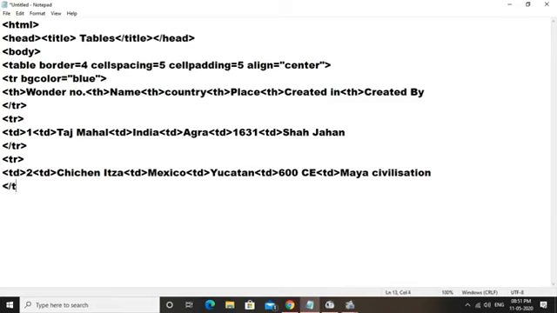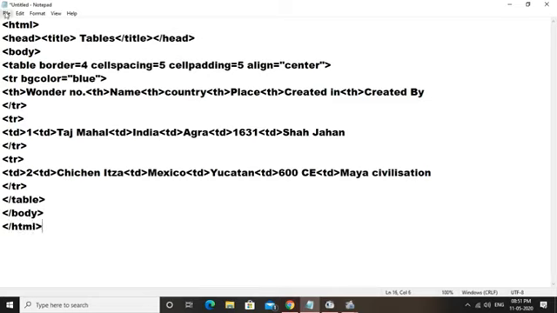In the same manner you can create more rows. Fine. Now we can close the table tag here. Table is closed. Then we have to close the body tag, and then we can close the HTML tag. Fine.